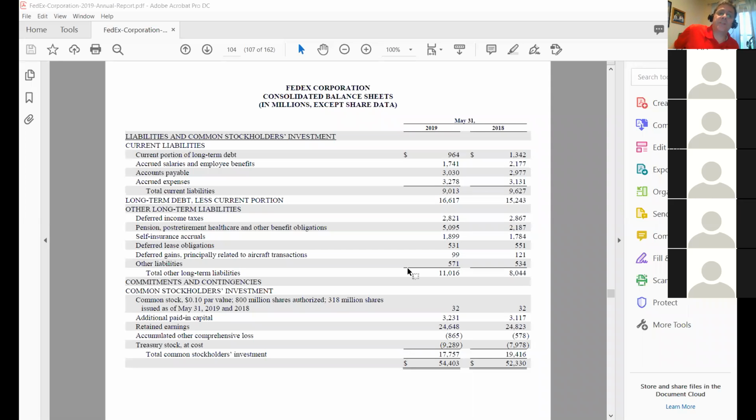All right, let's take a look at this set of financial statements for a minute to give you an example of real life and how this might play out. So this is FedEx Corporation's most recent balance sheet. They have a fiscal year ending May 31st, 2019. So the balance sheet is a little bit old, but we haven't gotten to May 31st, 2020, so this is the most recent. That's the year they use, May to May. So as of the last May,